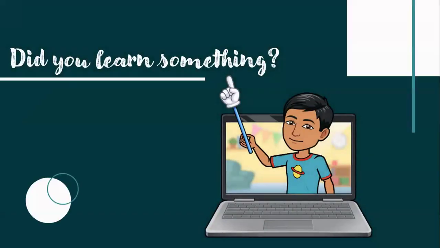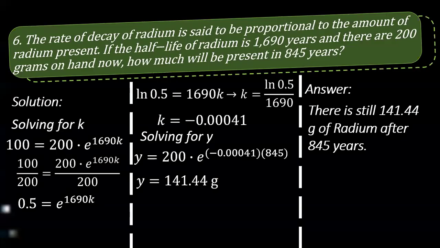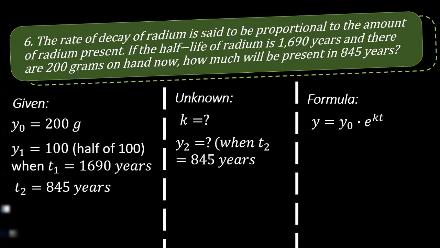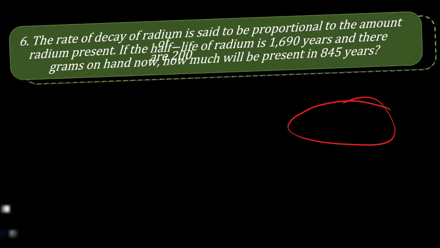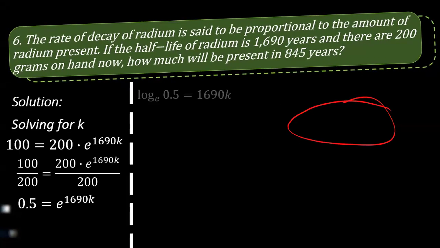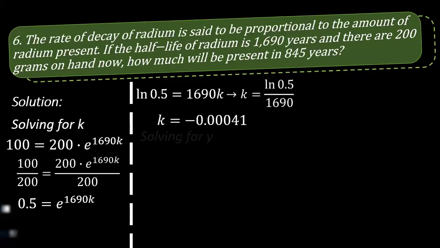So I hope you learned something from this presentation. Always remember that you simply follow the pattern, okay? The formula is always this formula. And following the process of half-life, you can always get a 0.5. When it doubles, it's ln of 2. When it triples, it's ln of 3. So it will depend whether it's a growth or decay. Then you are pertaining to those quantities.